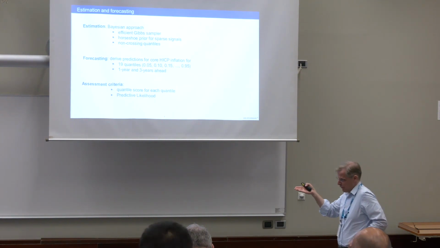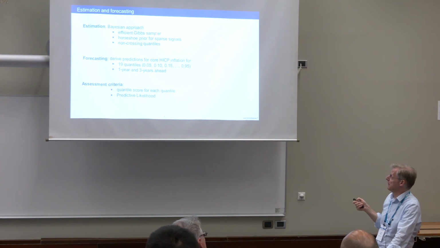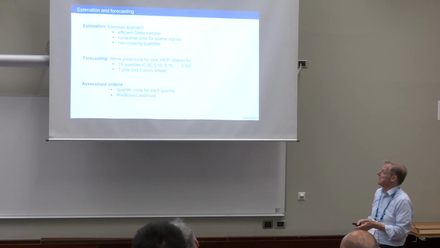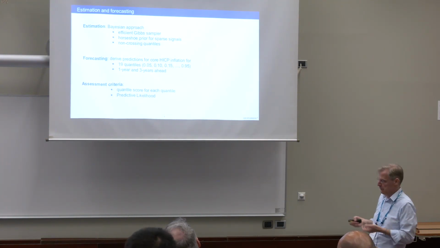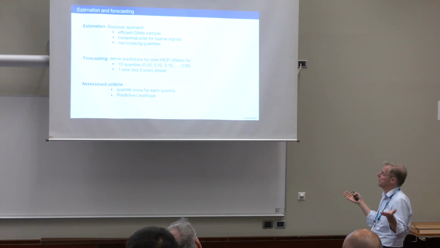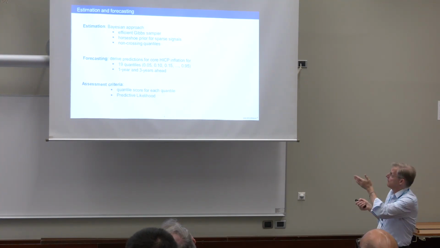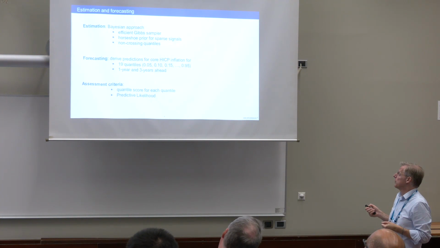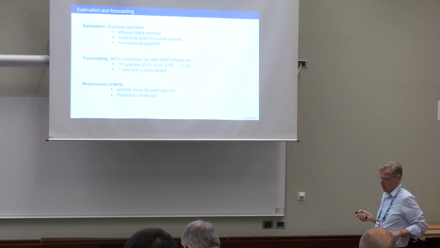If my co-author Dimitris Korobilis were presenting, he would probably spend the whole hour or more only talking about the Bayesian approach, the efficient Gibbs sampler, the priors and so on. I just mention that, compared to previous approaches, this is not the first time we estimate quantile regression models with time-varying parameters. We have a flexible Bayesian approach, as opposed to previous work, which mostly concentrated on non-parametric approaches. We derive an efficient Gibbs sampler, which Dimitris also expanded in a parallel companion paper. The horseshoe prior has some advantages, and we are careful also in ensuring non-crossing of quantiles, which is often a problem in this type of models.